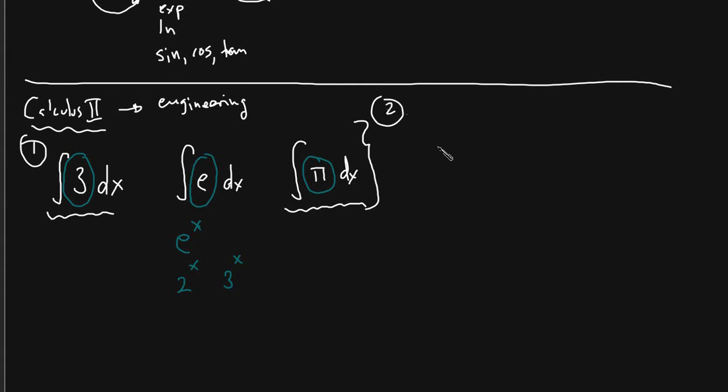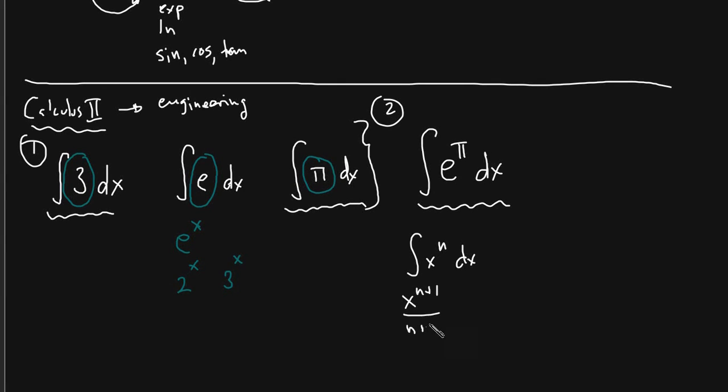Here's the second round of questions with integrals. It's now hitting them on the forms that they have come to recognize. The integral of e to the pi: a lot of students get this problem wrong just because it has the e, it has the exponent, it has pi in it. What students are trying to remember is the integral of x to the n dx, and they've been taught over and over, well, this is just x to the n plus 1 over n plus 1 plus constant, whenever n is not equal to -1. Like I said, penmanship is not a requirement here.